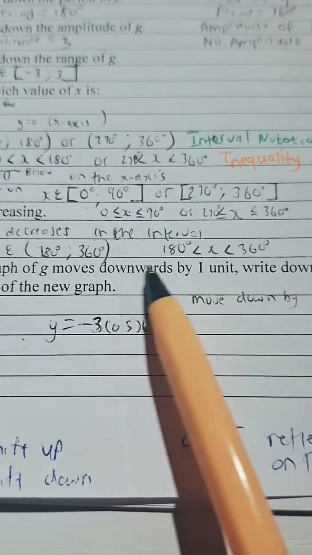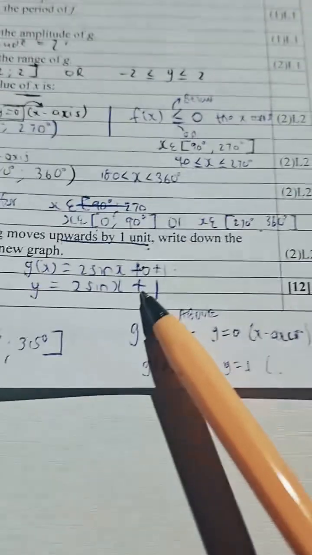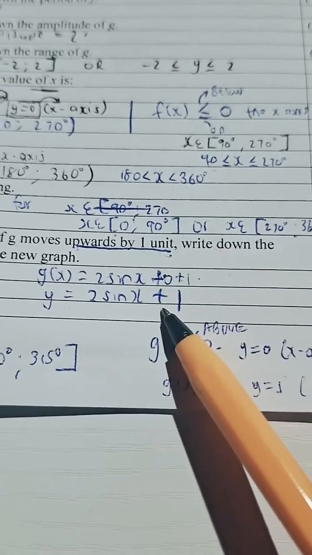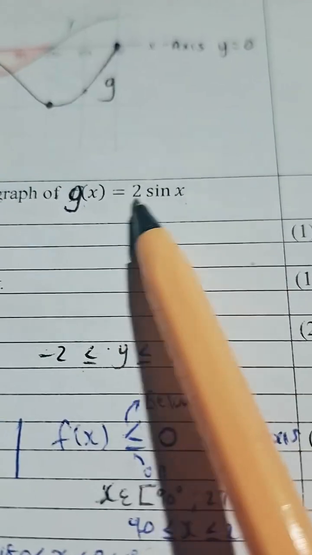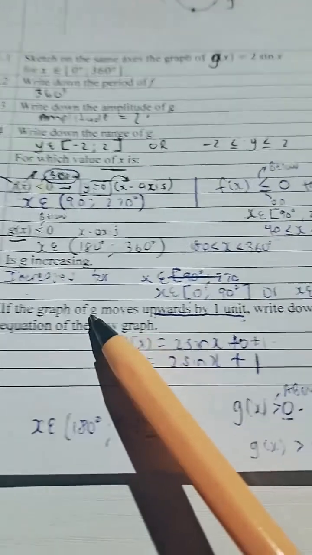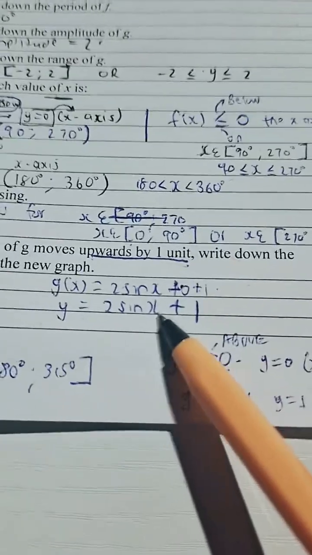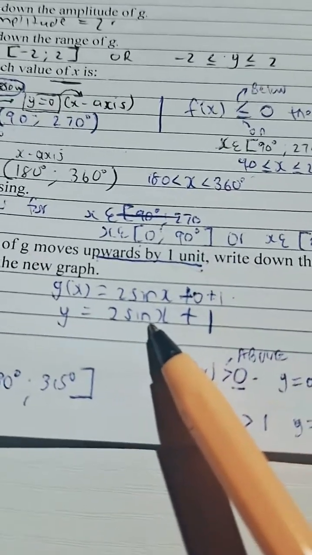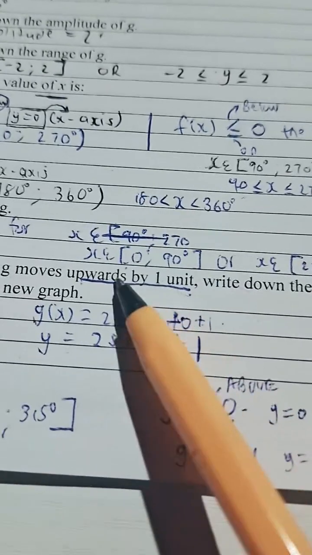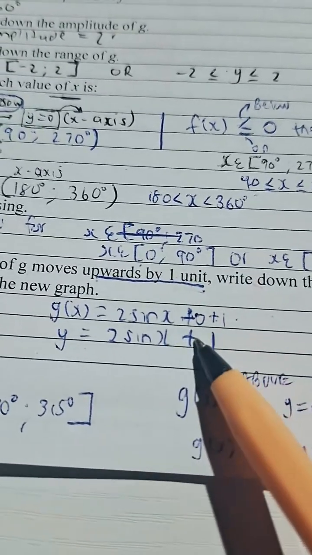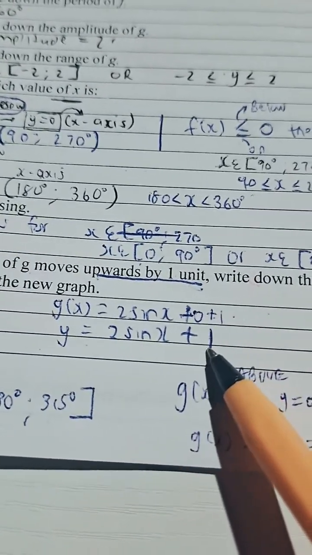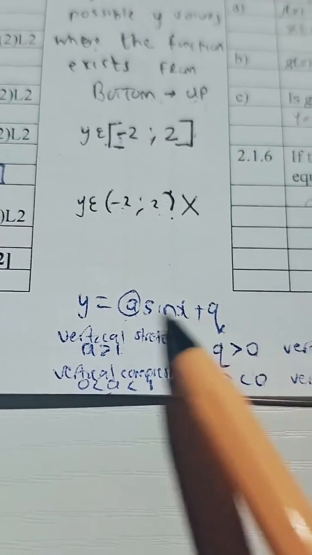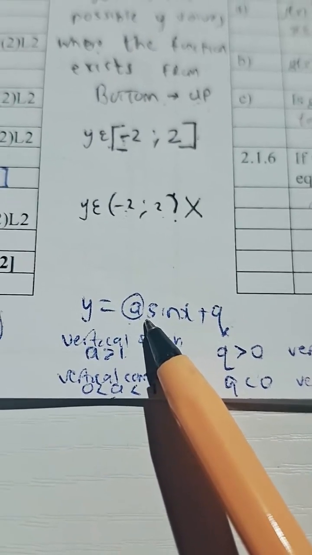If they had said moves up by 1 unit, like we did in the previous question yesterday when we were doing trig functions, where G of X was given as 2 sine X, and we were asked if the graph moves upwards by 1 unit to write down the new equation, we wrote it down as 2 sine X plus 1, because moving up means we add 1 to the value of Q. Remember, guys, that this is the standard form of our sine, cos, and tan graph